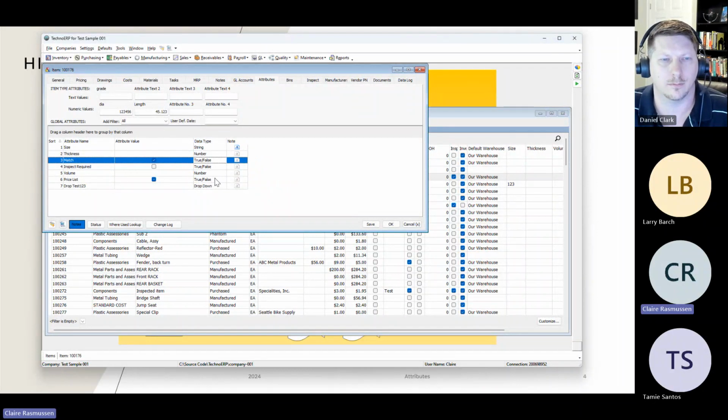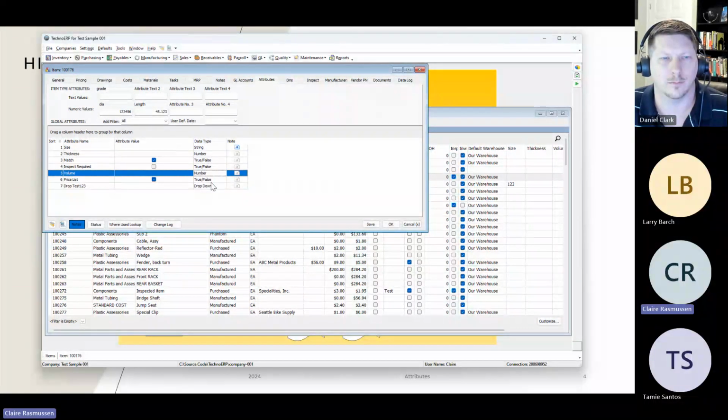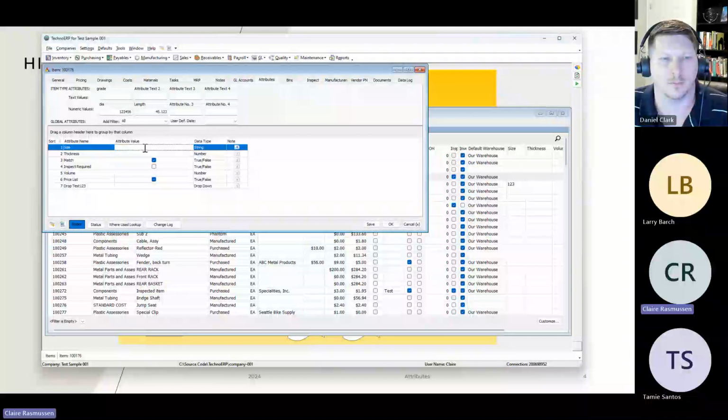And then later on, we added another one called drop down, and I'll get into that in a little more detail. But basically, when you're in this screen here, you don't get to edit these. You don't get to edit the type. You only get to edit the value in the middle here. So I can add